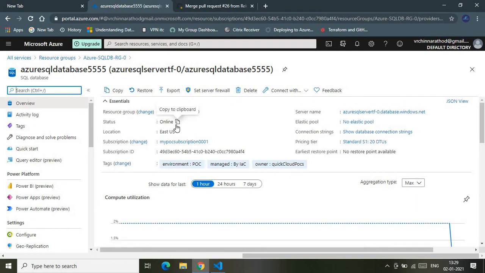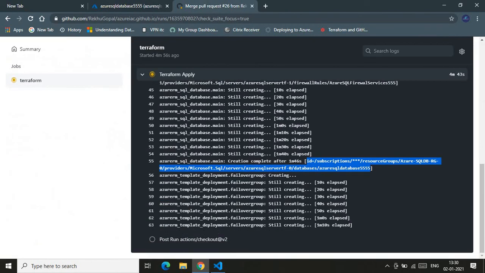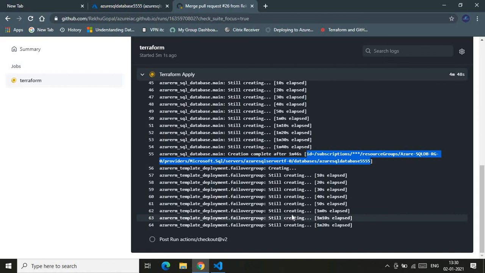As you see, the database is now ready and it is online, and it is ready to use. As you see, this resource is hosted in East US. Somewhere in the East US region, the Azure cloud data center is hosted, and there the service is running. So that is an in-depth explanation about where the service is running. Finally, let's wait for the failover group to create. That marks the completion of our SQL database demo.